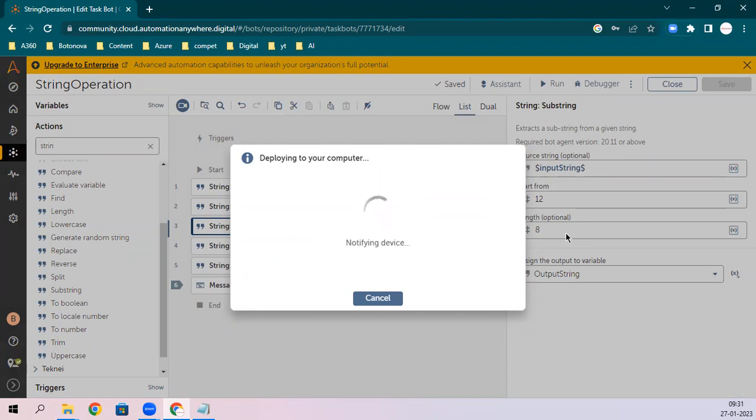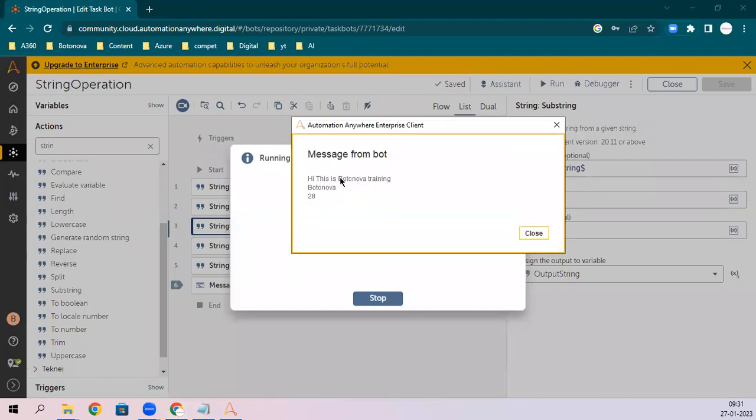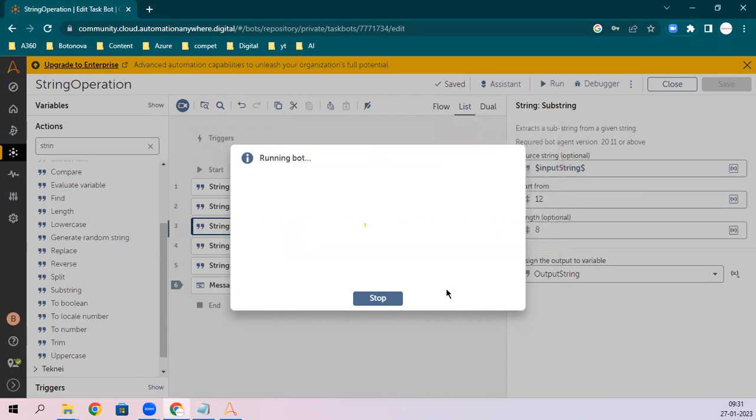If you want to get the full string starting from this index, then you can get the substring. Now I just gave a length of 8 starting from 12, since I know the length of this is 8. So okay, I gave this, and I'm getting this. Any doubt?